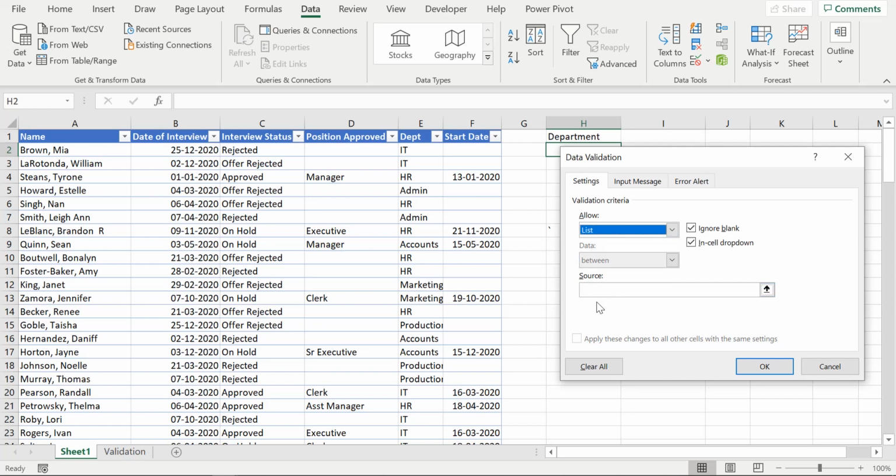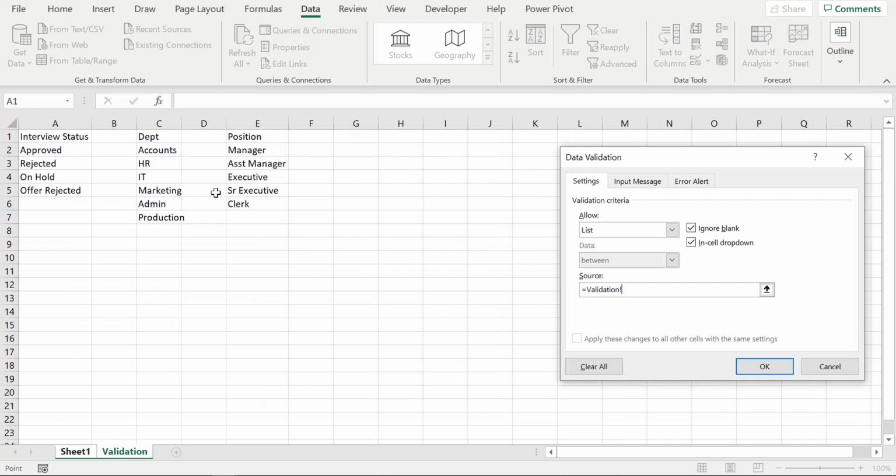Okay, then you click on this source and you go to this validation. Okay, and there we are looking for department. Okay, so we click here on department. Now it has come as equal to department because I have already named this range. If you see, this is a particular range and I have already named this range as department.